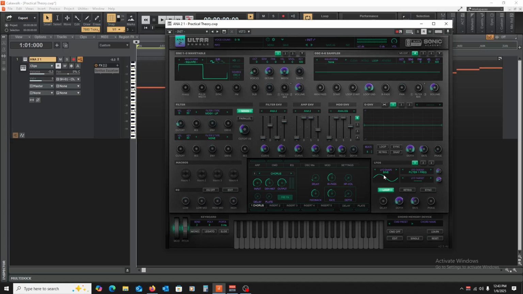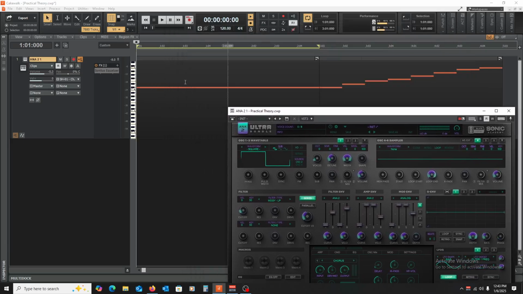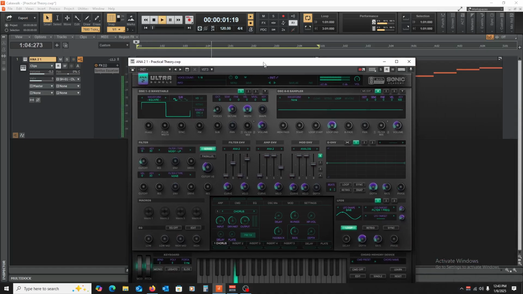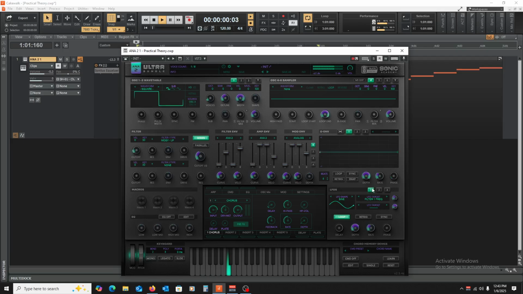It's just automatically controlling whatever parameter you set as the sound is being played. Yeah. And so you can have some fun with it.